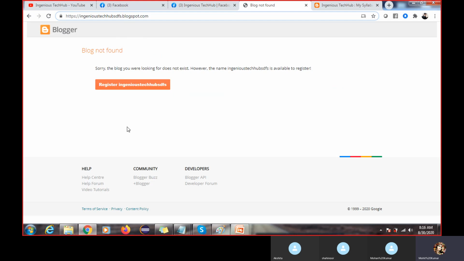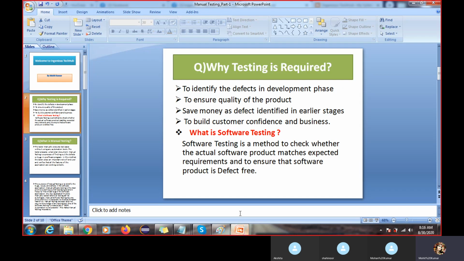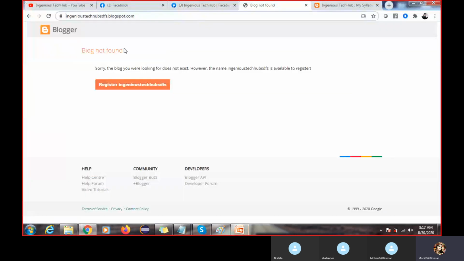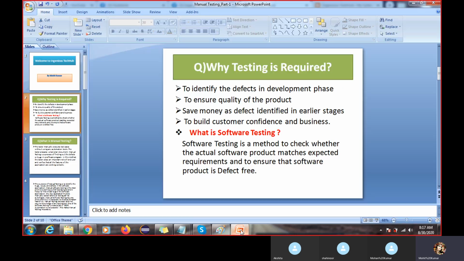So that is a high level defect the developer will fix, because if the application will not launch here, then how can you test it, right? So this type of defect the developer is fixing over there, right? These are the things I already discussed in the last session, right?